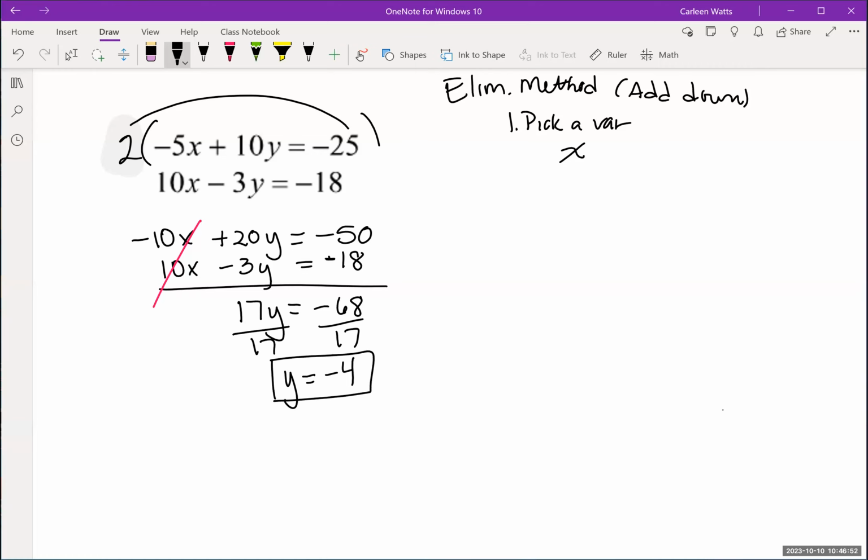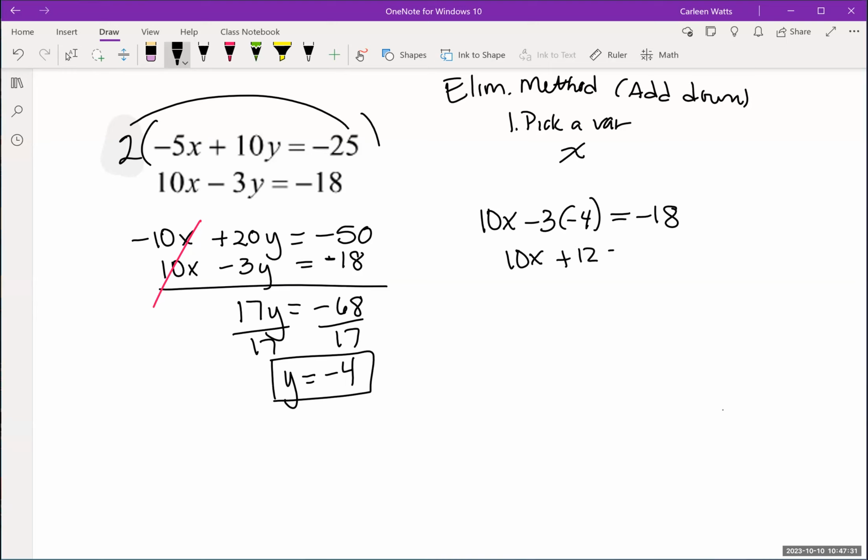So now I'm going to plug in, solve for x. I think I'm going to plug into the bottom one. You could plug into either. It's your preference. I like the fact that I'm looking for x and my x was positive. That's really my only reason, you just go with your gut feeling. Okay, so 10x, you want to go with the one that you have less chance of an arithmetic error. So